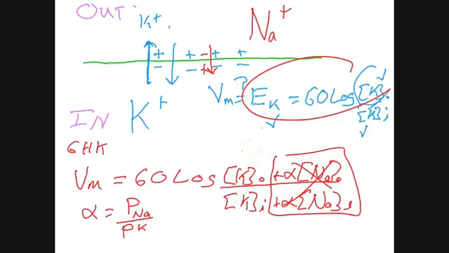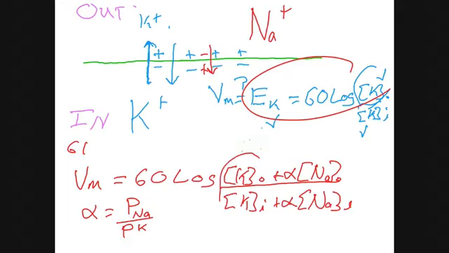What if, let's not make the potassium permeability 0. Let's make it something that is very small. So that means that this alpha value becomes very, very large. If alpha is very large, then you have a large term multiplying this sodium concentration, a large term multiplying this sodium concentration. So these terms become relatively very, very tiny. And what does the Goldman-Hodgkin-Katz equation revert to when the membrane is highly permeable to sodium and not so permeable to potassium? The equilibrium potential for sodium.